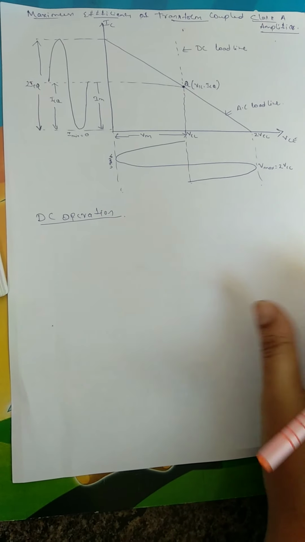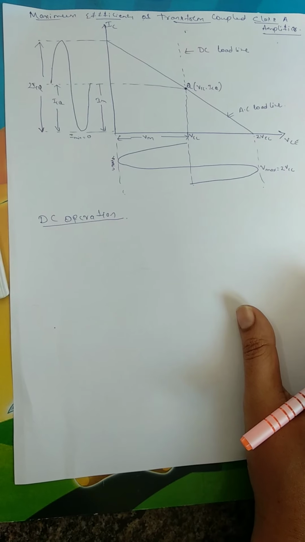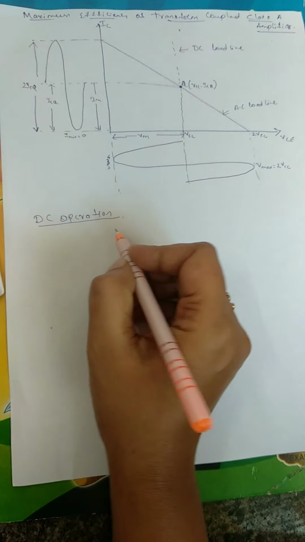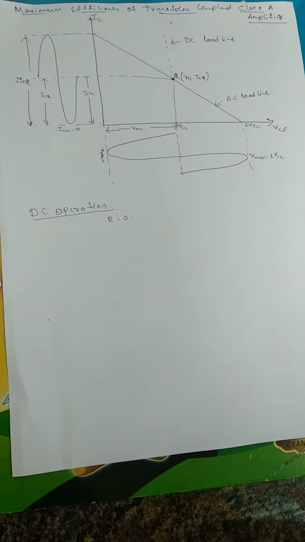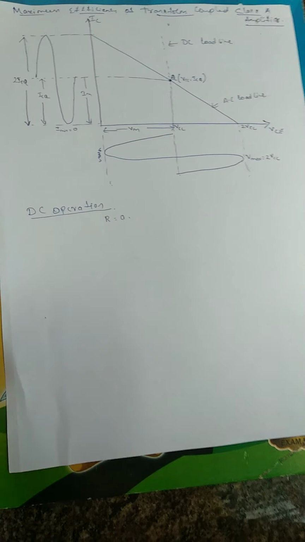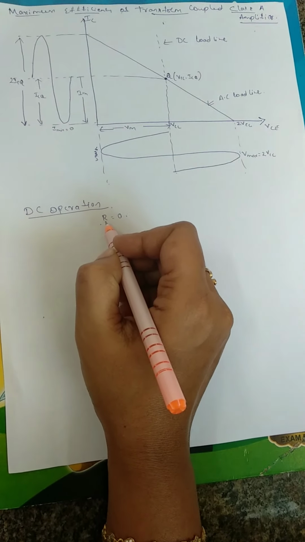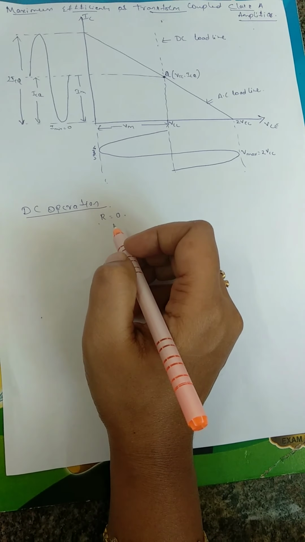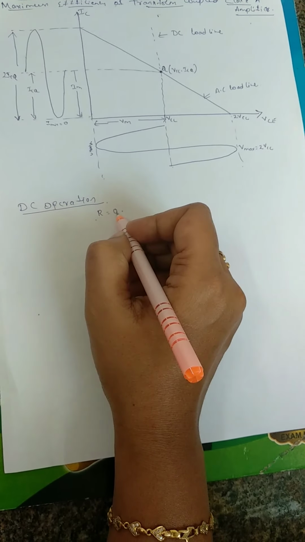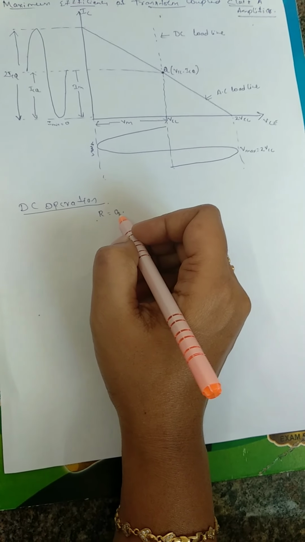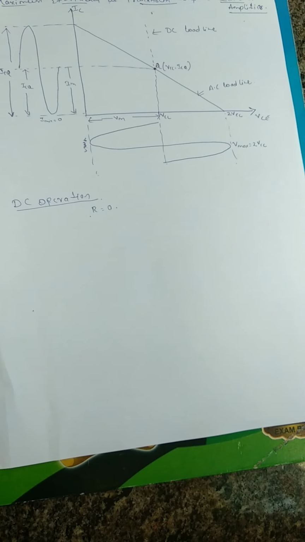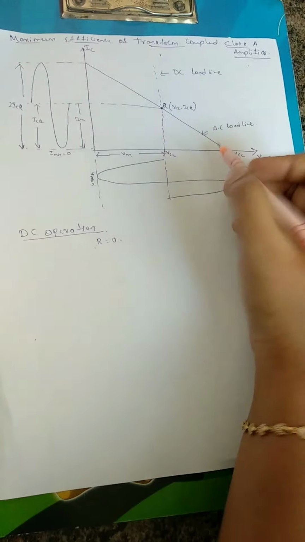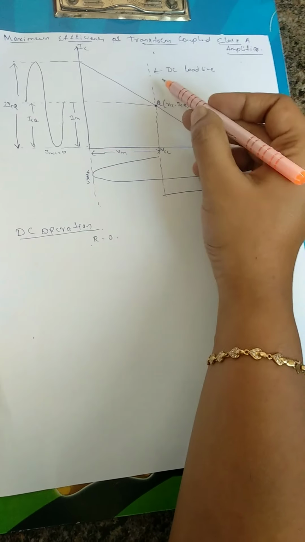The winding resistance of a transformer is usually 0 ohm. So if the winding resistance R is 0, there is no voltage drop across the primary winding of the transformer. Hence, since the DC load line is the reciprocal of the DC resistance, we get the DC load line as a straight line. Ideally the slope of the DC load line will be infinite. So the slope will be just a straight line.